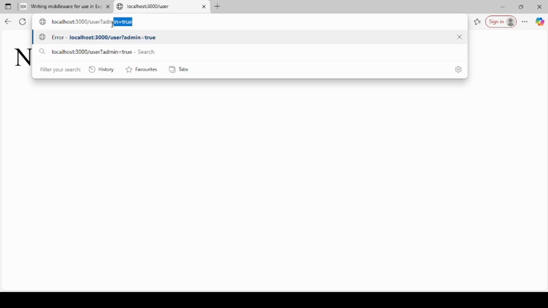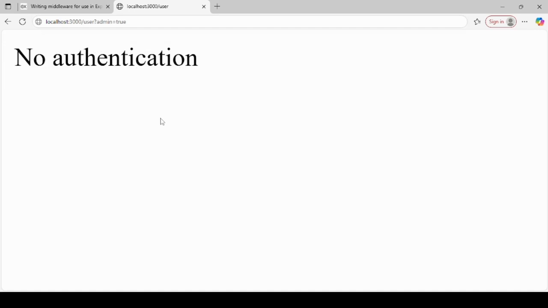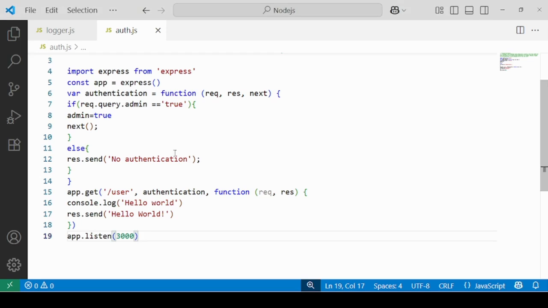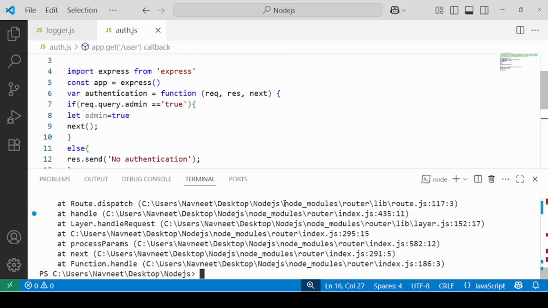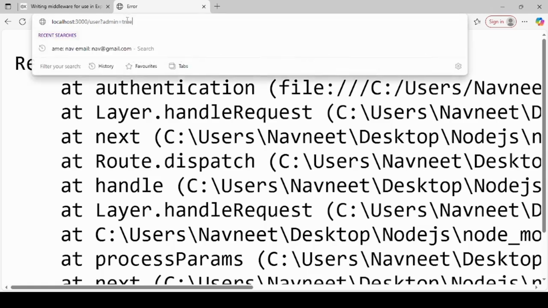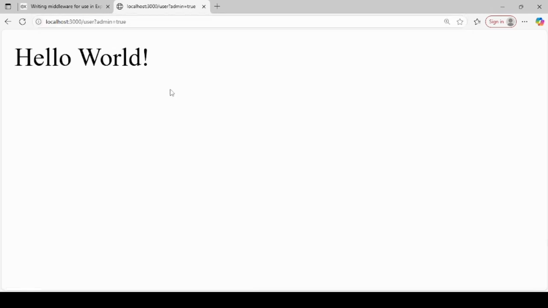As you can see, I'm writing admin equals true. So this says admin is not defined. There seems to be one problem. Let's specify let here. We need to run it again, node auth. And so you see that we got hello world.